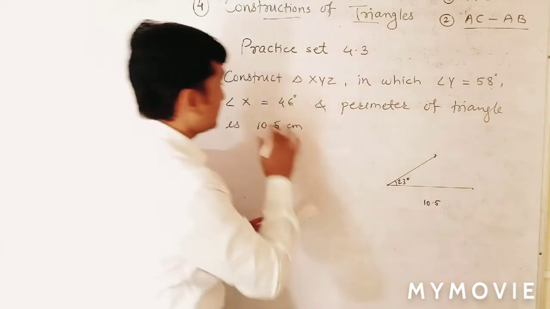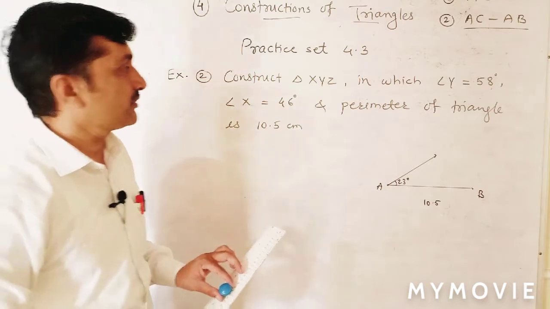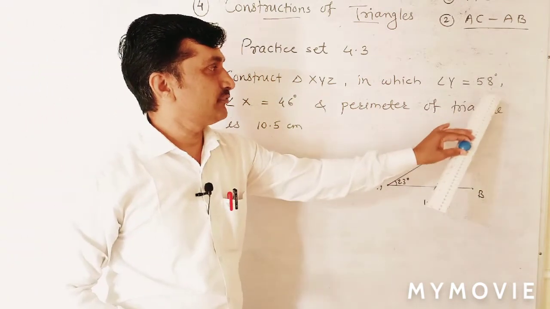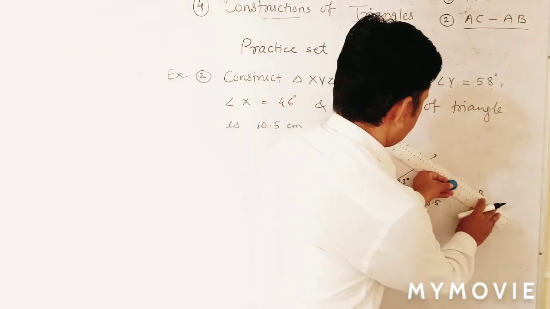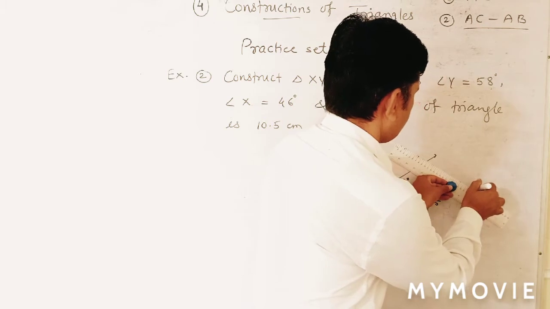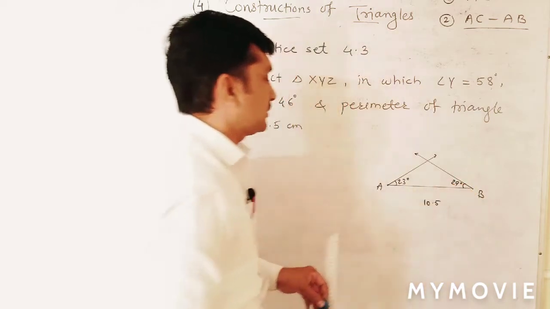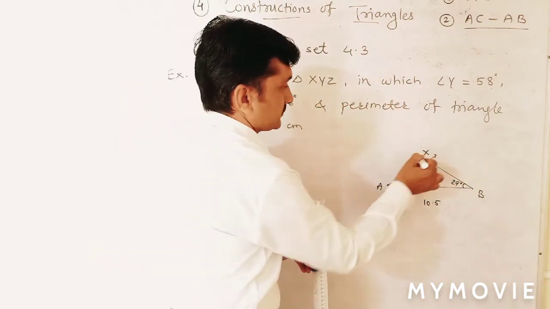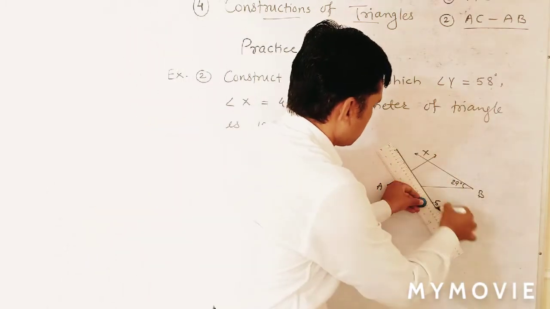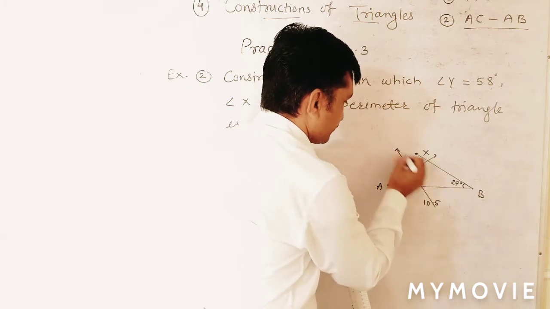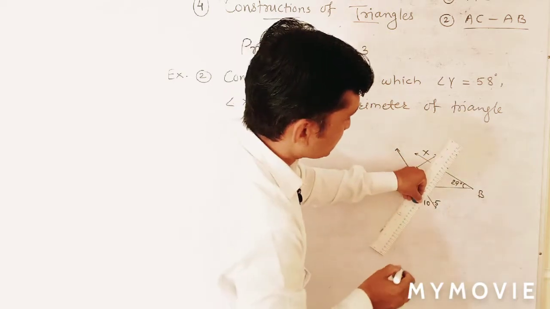23 degrees, and here use names other than XYZ, again AB, PQR, any we can give. Angle A, 23. Half of Y means half of 58 we have to take here. 29 we will take here. Angle B 29, half of 58. After that the bisector, this is vertex X, bisector of XA. The procedure is the same. This is the perpendicular bisector, okay, and at this point we get Y. Then the perpendicular bisector of this also.